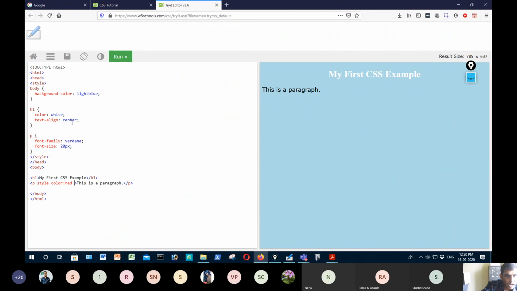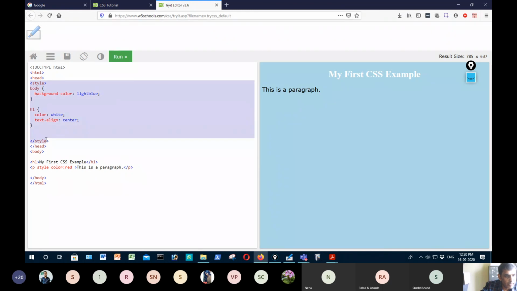If I specify style color colon red and remove this, what happens? Since I have specified within the head, those styles form the document level. But here the style is specified within the tag itself. So this is known as an inline style sheet. Inline means the style is defined within the element.